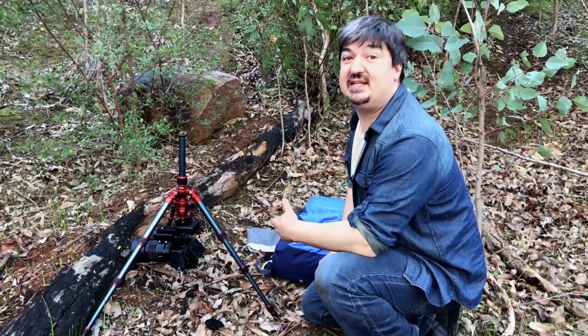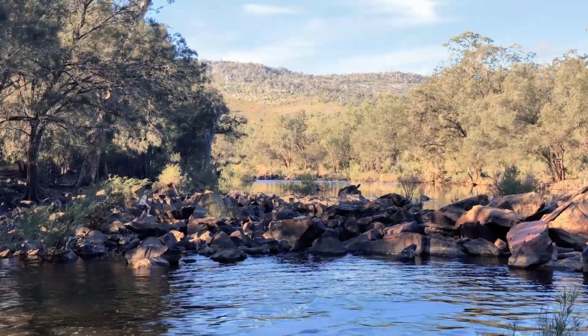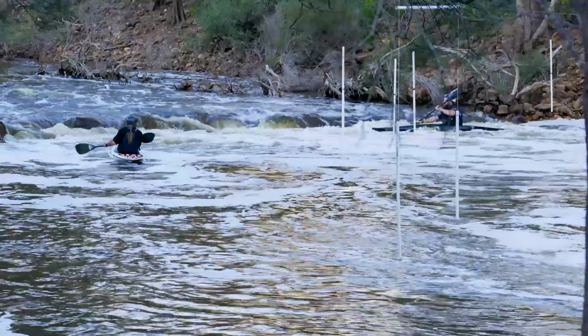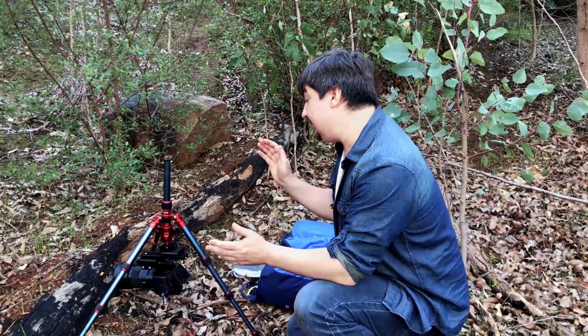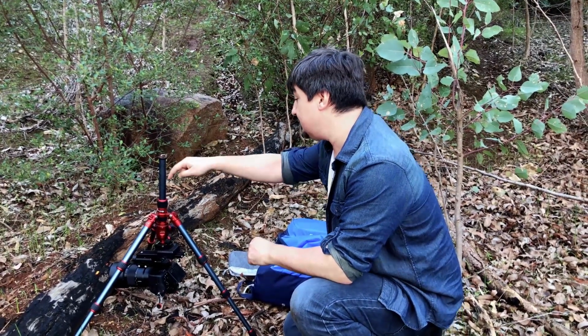Okay, well we actually didn't end up at Walyunga Park. We are instead in Walyunga National Park, and it's not necessarily the best time of year to be trying to do macro photography. There are no flowers around anywhere at the moment, but with the absence of flowers, I decided instead to focus on this little tiny piece of